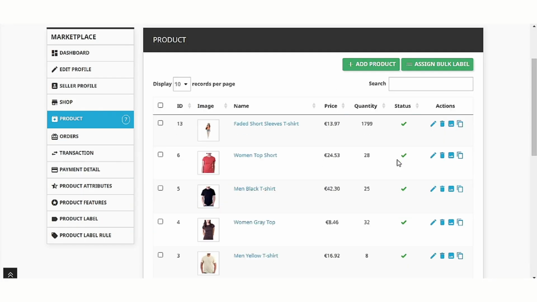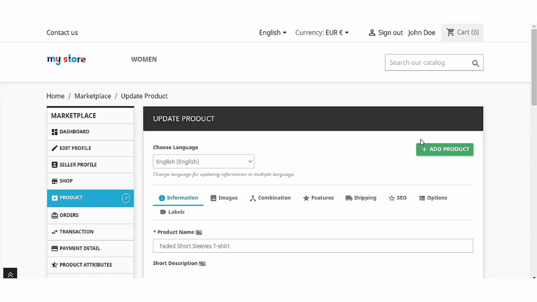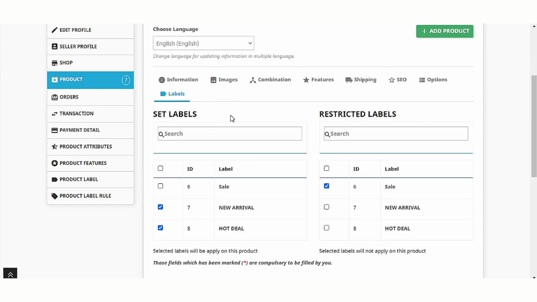If a seller has assigned the labels new arrival and hot deal to the product faded short sleeves t-shirt, but restricted the sale label while performing the bulk action, then the sale label gets unselected from the set labels and gets selected under the restricted labels.